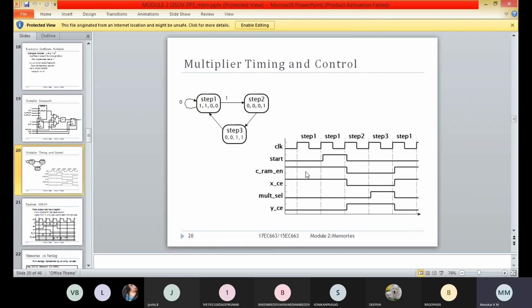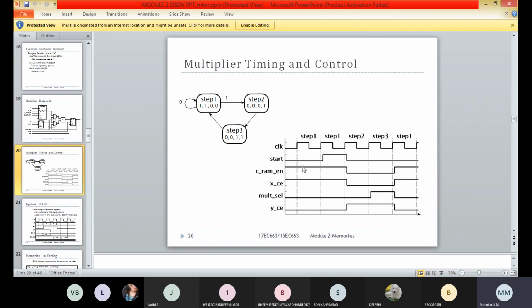Here we can observe that in step 1, C underscore RAM enable and X underscore C are made 1. You can observe both are made high in order to capture the input values.